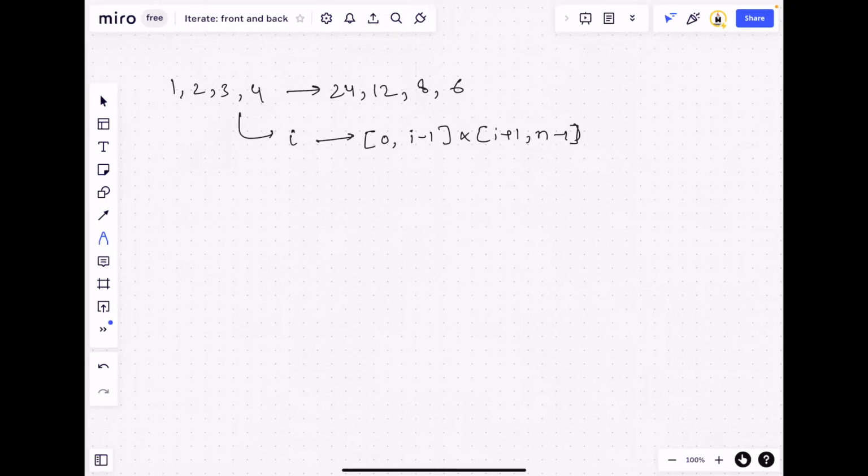One way to solve this problem is simply calculate the product of all the elements by iterating over the array, and in the next iteration just create another result array and divide the total product by individual numbers. So that will give you the answer. But here the constraint is we cannot use a divide operator, and also we have to do this in order